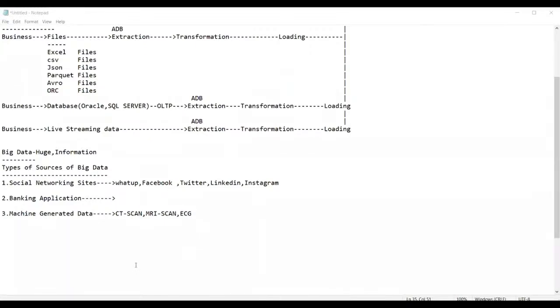So now, guys, after this, can you see here, this is nothing but machine generated data. After that, the fourth one we can consider is IoT sensors, Internet of Things. We get the data from sensors. These sensors basically measure